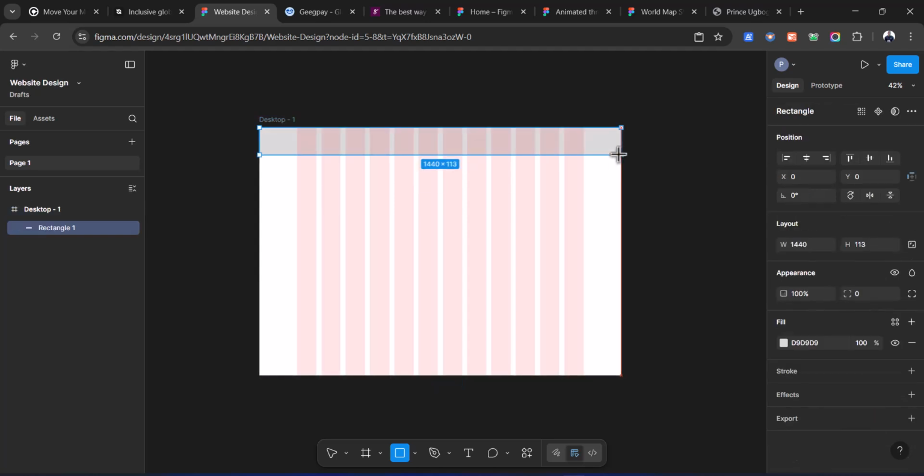I'll get my shape rectangle and just map that out. If you are watching this video, you should know how to do Figma already, right? So I'm just showing you how to design websites. You know how to use the tools. So I'm going to make this instead of 113. I like using even numbers. I'll use 110. Yeah, for my header,